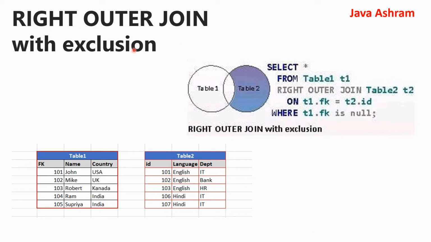Next is right outer join with exclusion. If you have two tables, table 1 and table 2, it will give you all the data from the right table, which is currently table 2, and the data of that column should not be present in table 1. With this example we can see how you are achieving this, using this where clause. In a right outer join this was not there, only this was there, right? On which column you want to get the right outer join. And if you put this query, this will be the exclusion of table 1 data.